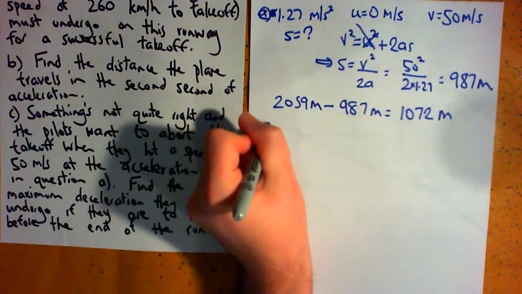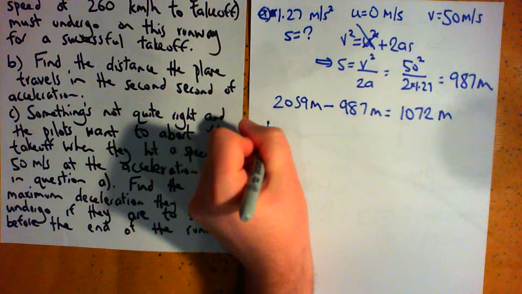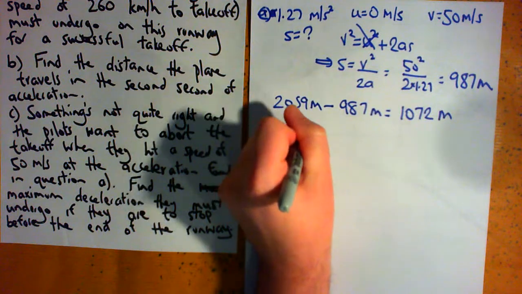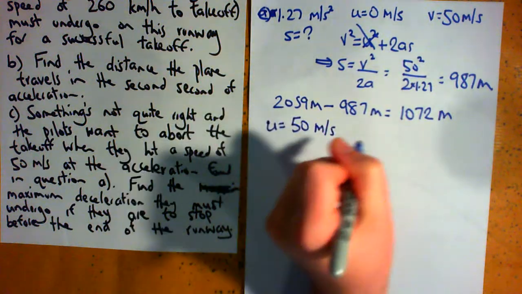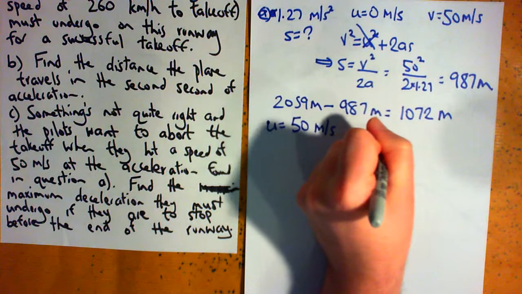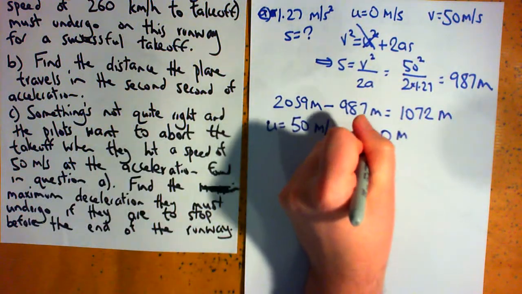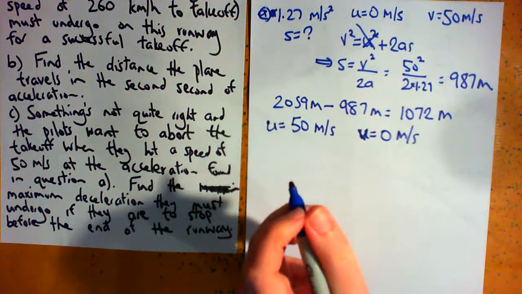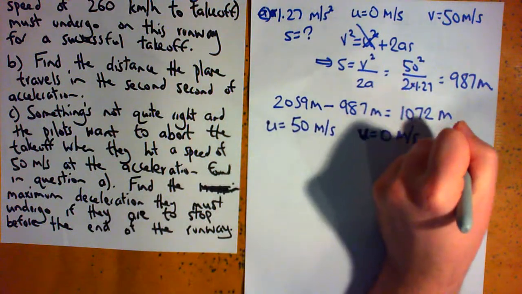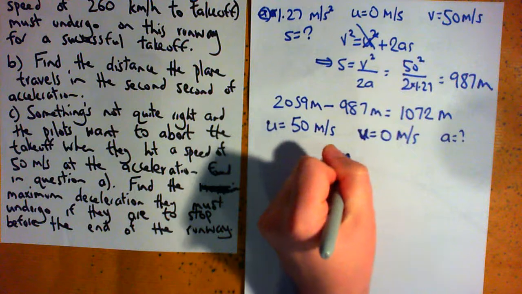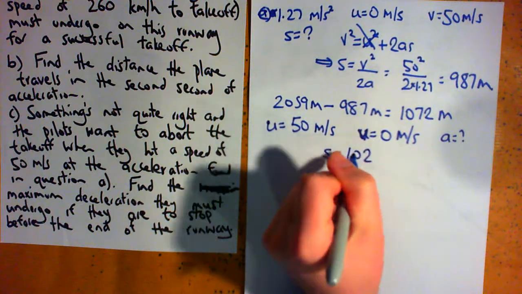So here we're looking at the deceleration. The plane starts off the deceleration at a speed of 50 metres per second and needs to come to a stop, so it needs to be brought to a final speed of 0. We need to find the acceleration, and we know the displacement must be at a maximum